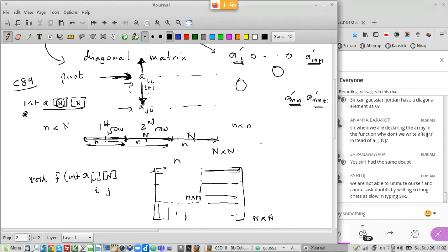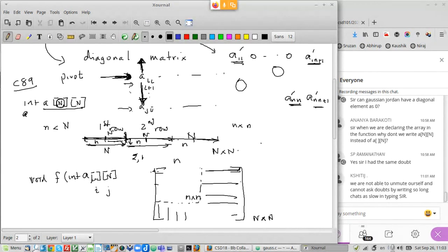So if I say i j, and if there aren't N elements here, because it's stored linearly, first row, then second row, and so on, inside the computer it is actually going up to this point before the next row starts. So when you say I want the 2 1 element, it has to finish up to here, then pick up the first element from the second row. So it must know what is the size of this.